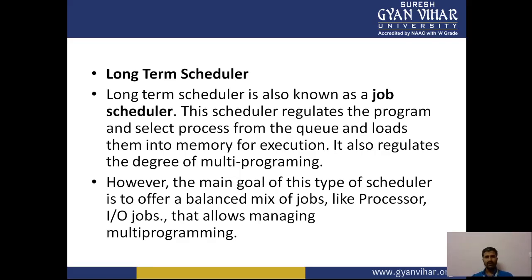Basically, let us discuss long-term scheduling. Long term selects processes from the queue. While we are discussing schedulers, we have a CPU, a main memory, and a secondary memory. Data is available in the secondary memory and then loaded into the main memory, and the CPU wants to execute the process. So what can the long-term scheduler, the LTS, do? The long-term scheduler selects processes from the queue and loads them into memory.